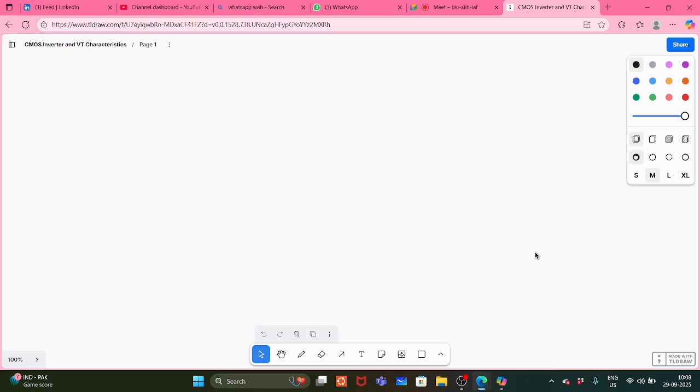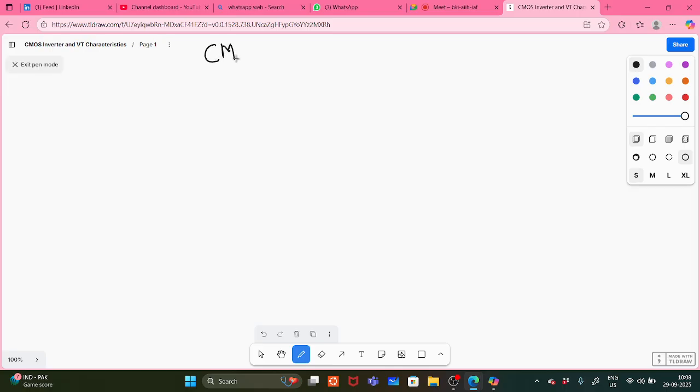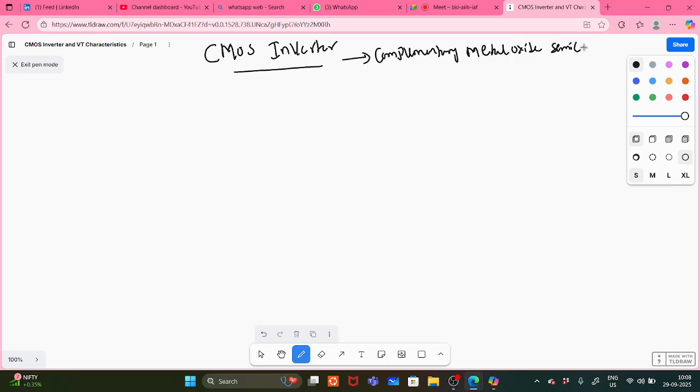First, CMOS. What is CMOS? CMOS is nothing but complementary metal oxide semiconductor. Okay, we already saw NMOS and PMOS, so here we are using which MOSFET? Enhancement